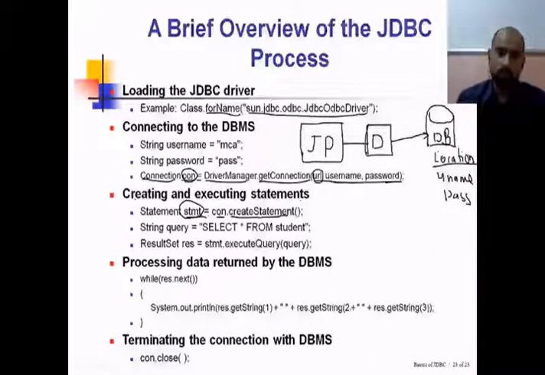Once the statement object is created in the Java program, using the statement object we can execute any query on the backend database. Now we have created a query here. In the example you can see String query = "select * from student". Suppose in the DB we have a table with the name student and we want to retrieve all the data from that particular table, then we may write the query select * from student.